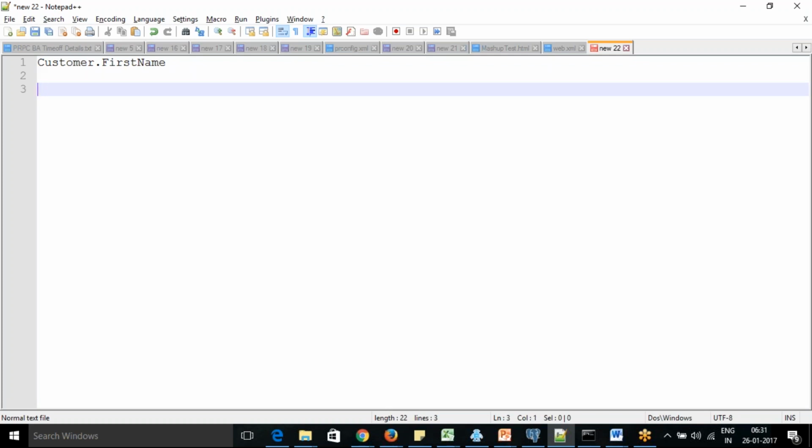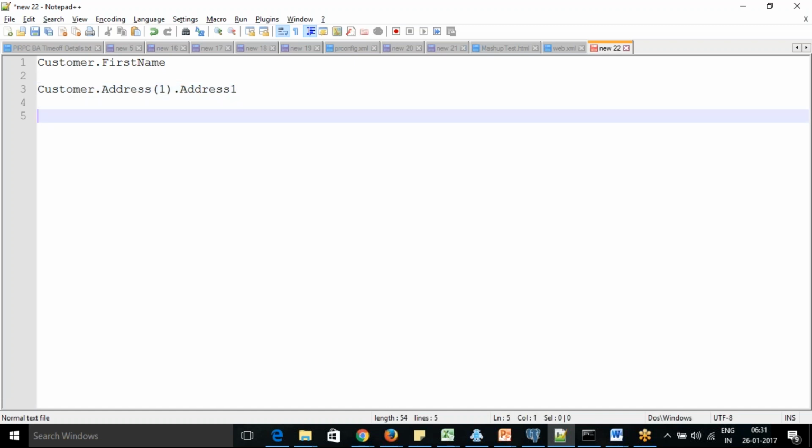If I have to refer to the address of the first one, I need to go with address of, because that is a page list. So if you want to refer within that address of the customer, you refer like this, and if you want to refer from outside, you need to refer like address of home dot address of one.